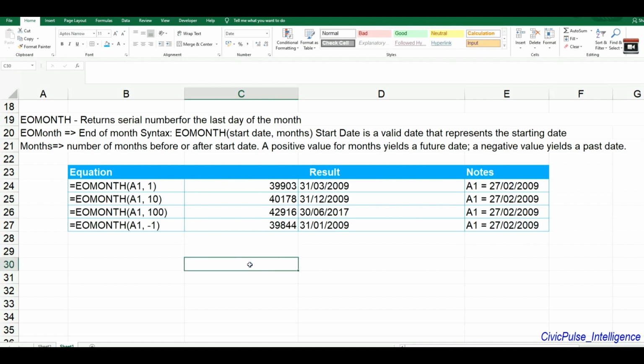Just like we did earlier, let's try this out to see how this EOMONTH function works. So I'm going to be using a date. Our date will be 27/02/2009. Now I want to use the EOMONTH function. So EOMONTH, I'm selecting my start date. This is my start date. And let's start with 10. We're adding 10 months to it. I press enter. As you can see, Excel is showing me 31/12/2009. So what happened? Excel has added